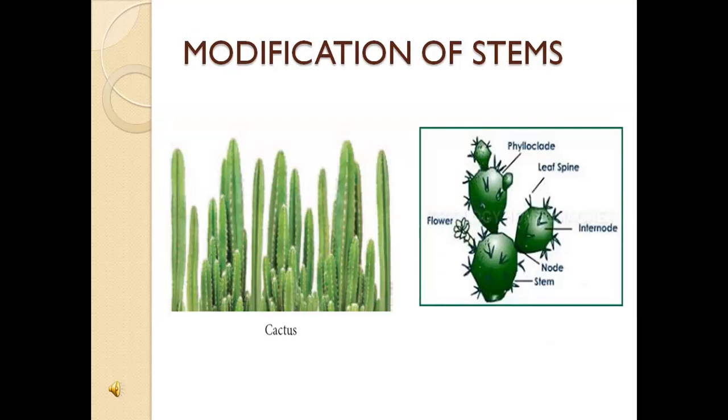In dry climate, conserving water is a challenge. Water evaporates from the surface. If the surface area is large, evaporation would be more. So, if the surface area is smaller, the evaporation will be less. Plants with many leaves have more surface area. Cactus, for example, has a thick stem and does most of the food production through photosynthesis, and leaves are reduced to small spines with less surface area.